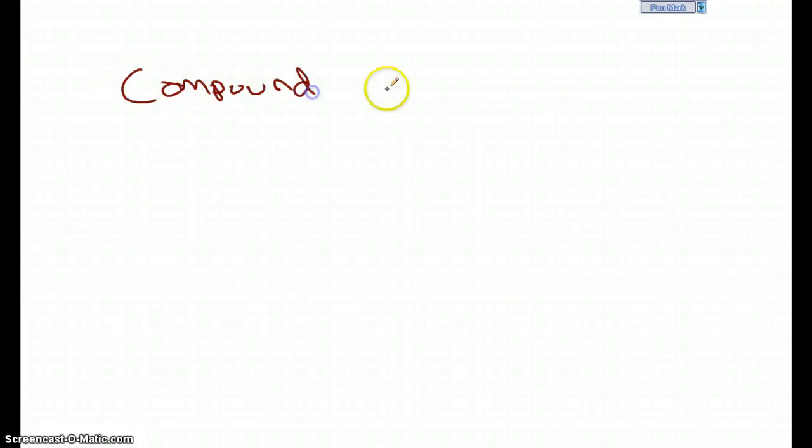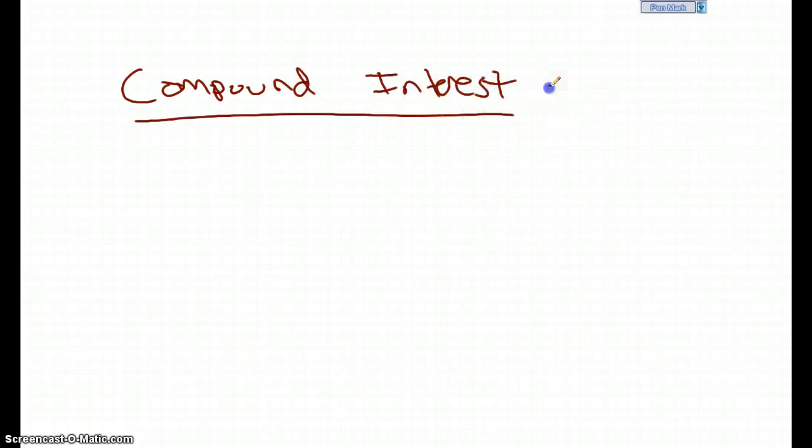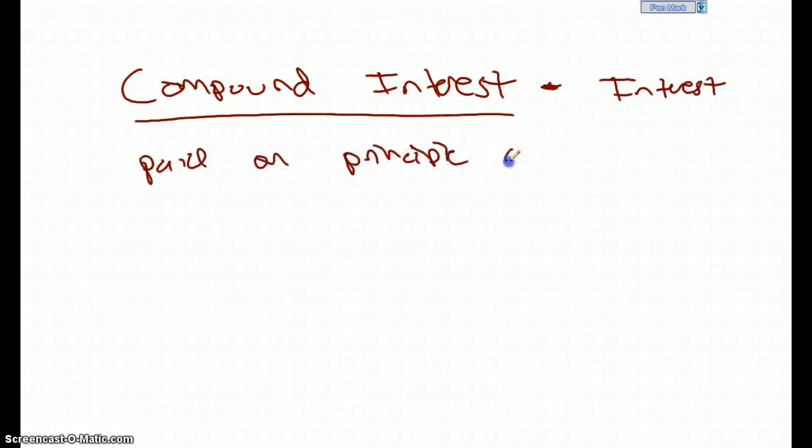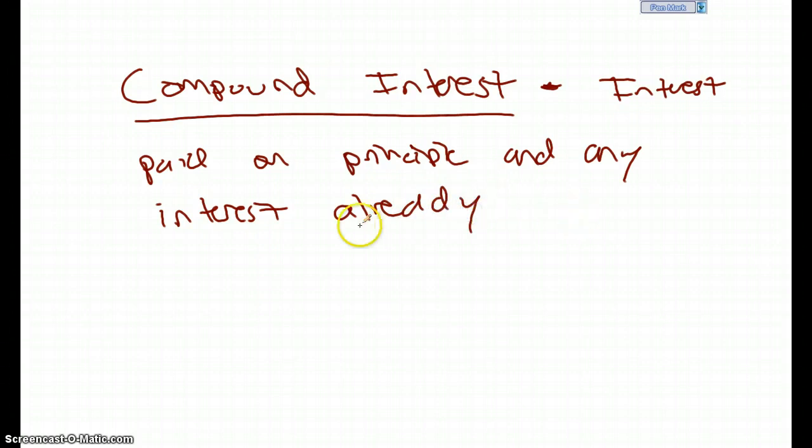For the most part, simple interest is not something that's very commonly used anymore. Oftentimes we use what's called compound interest. And compound interest is basically, I think a lot of people think about it this way: it's interest paid on principal and any interest already paid. So the beauty of this, well, if you're the person giving the bank your money,